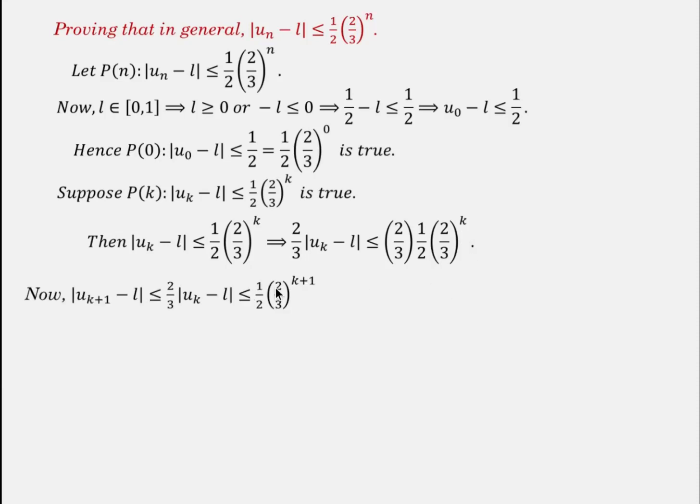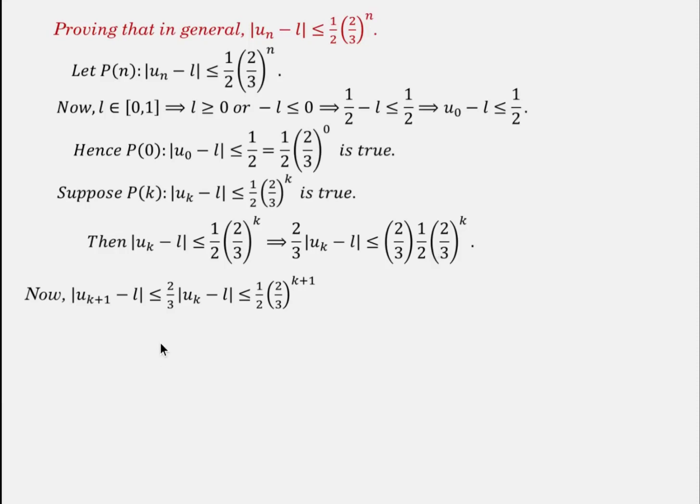And in the previous part, we had also established this other first part of our inequality that I've written, in which the absolute value of u_{k+1} minus L is less than or equal to 2/3 the absolute value of u_k minus L. We had established this in the previous part using the mean value theorem. This other statement is obtained by simplifying the right hand side of the previous statement